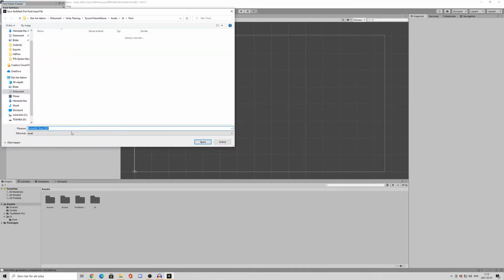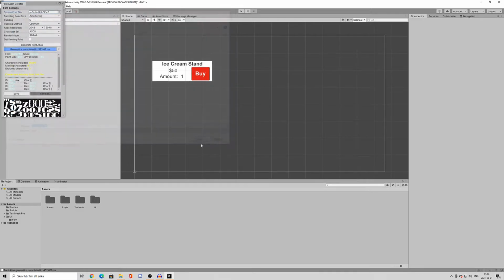and then just click Save As and save it as whatever your name is. You can name it whatever you want. I'm just going to name it money text text mesh pro, so TMP, and then just hit save. And like that you have now created a